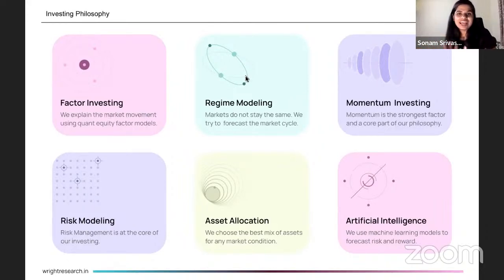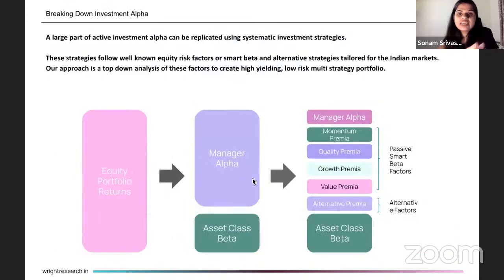So now I'll switch to English because the language is saying that you should switch to English, and I'll keep on switching. So artificial intelligence methods are also used in investing a lot because there are various ways in which you can improve your investing journey with AI, and that is what we also like to do in Right Research. So I will cover how we are using all of these methods and how they can improve the performance, why we have a lot of conviction in these methods. So I will try to go through this in the session. So first thing is factor investing, right?